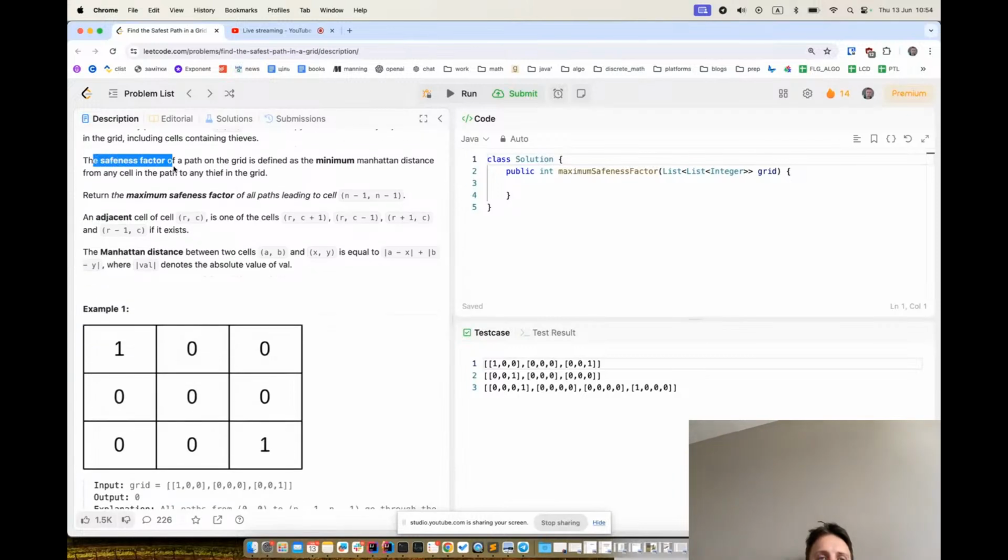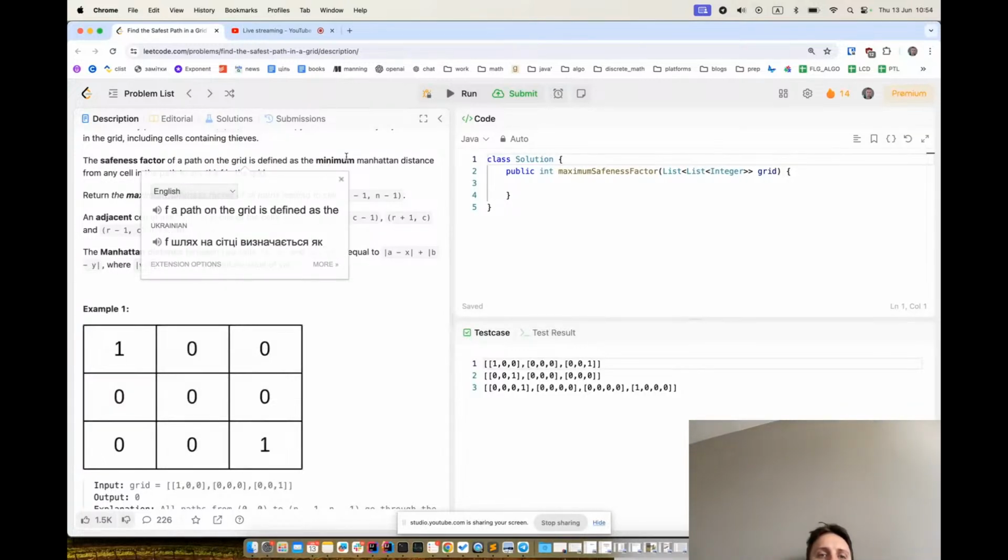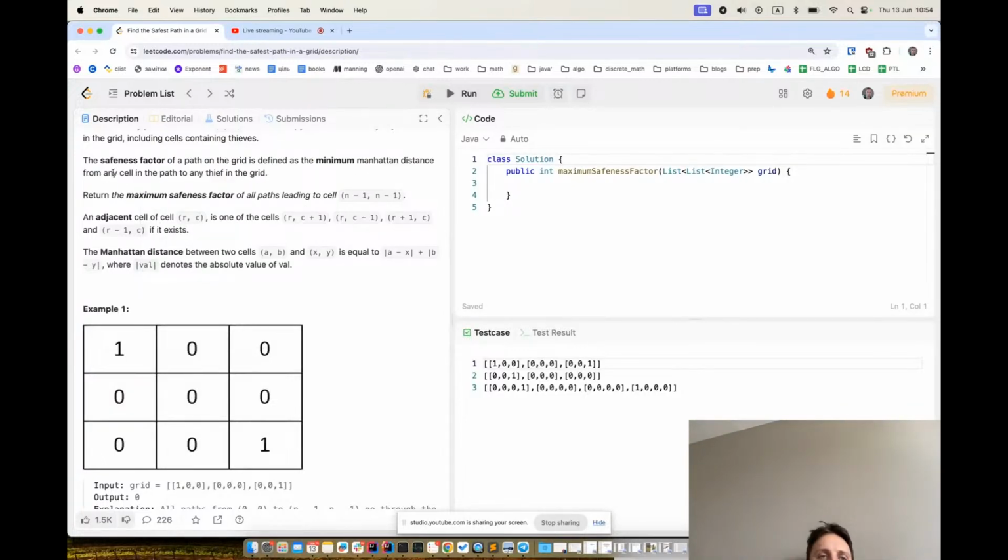The safeness factor of a path on the grid is defined as the minimum Manhattan distance from any cell in the path to any thief in the grid. So it's actually our safest factor. We have to return the maximum safest factor of all paths leading to the cell,